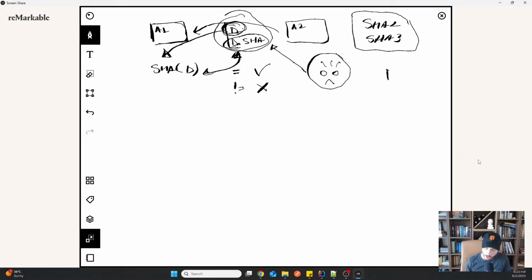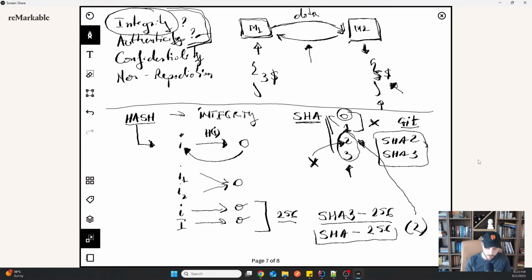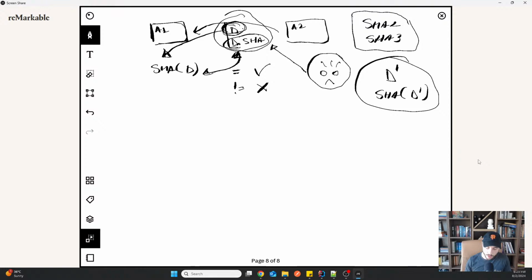So they can change the data with something else, they calculate the SHA on that something else, and then they send you this, which you will find out as being correct, which is called authenticity actually. So it's the second thing here, not integrity. So what I mean is that this approach here only offers you,